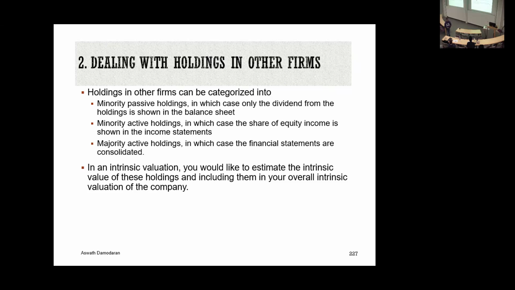What's more common are what are called minority active holdings. So let's play it out. Let's suppose you own 20% of a company. You take some role, even a small role, in how it's run. You have to use what's called the equity approach. What's the equity approach? In your income statement, below the operating income line, I want to emphasize that, you have to show 20% of the net income or net loss. So now, rather than dividends, you have to show that in your income statement. And in your balance sheet, you have to take your original investment and add 20% of the retained earnings. It's like an updated book value. Not perfect, but still better than a minority passive investment.